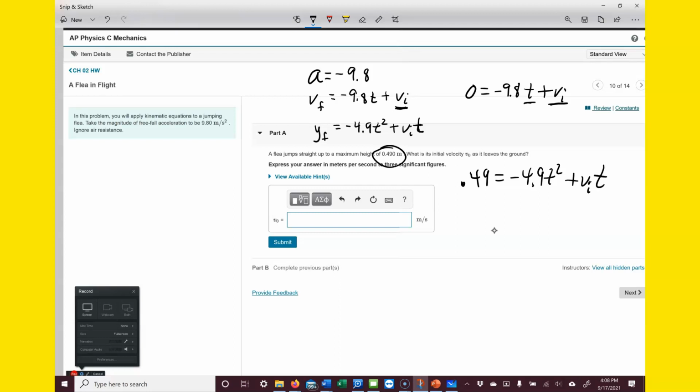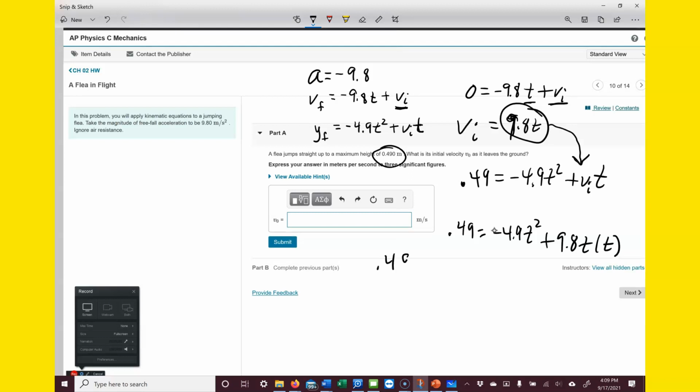All right, from here, I've got two equations and two unknowns. Here are my two equations, and my two unknowns are V sub I and t. That means, algebraically, if I'm good at algebra, it's all over but the crying. It's all over but the algebra work. So let's see what we could do there. We could say V sub I equals 9.8 t here, just by moving the negative 9.8 t over to the other side, and then we could substitute that in for V sub I there. So that gives me 0.49 equals negative 4.9 t squared plus 9.8 t times t,